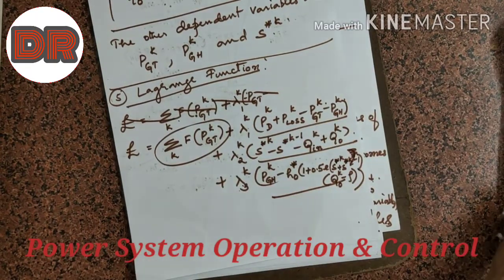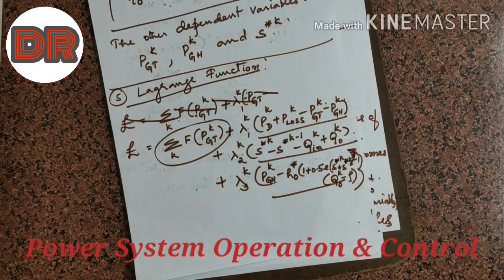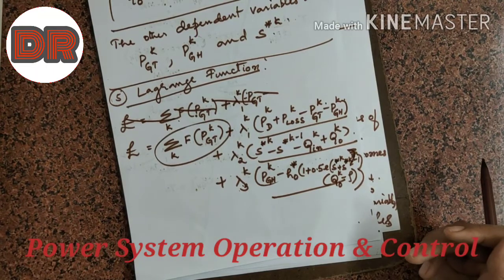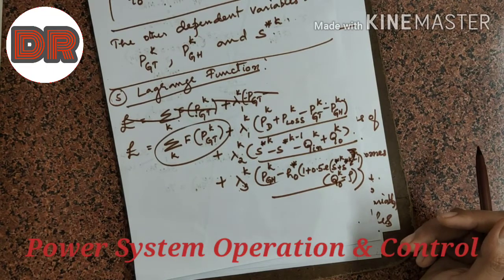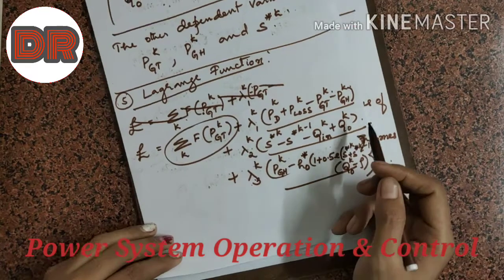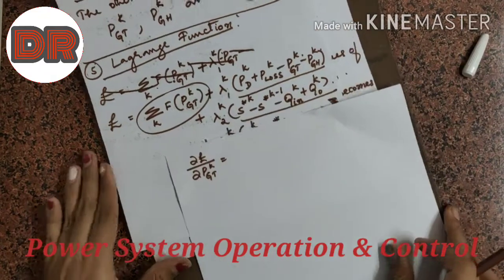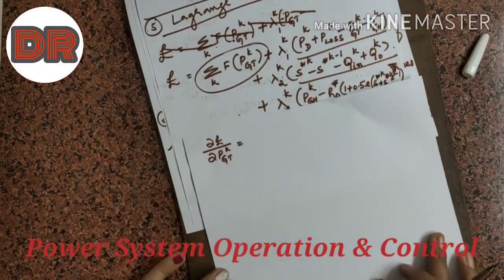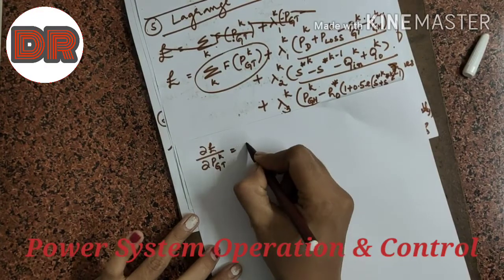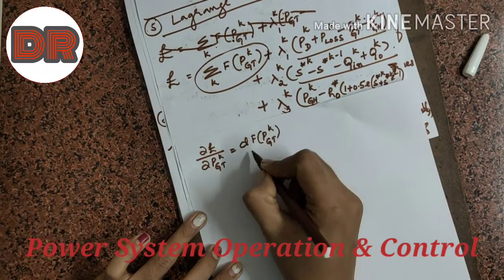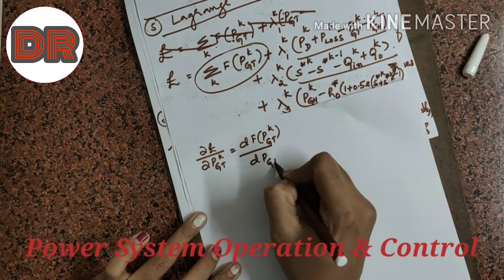Now in order to find the optimal scheduling, what we have to do? We know that we have to differentiate the equation with respect to the dependent variables, and also we have to equate it to 0. So first let me differentiate it with respect to PGT. So differentiation of this with respect to PGT. So this becomes differentiation of f of PGTK with respect to PGTK